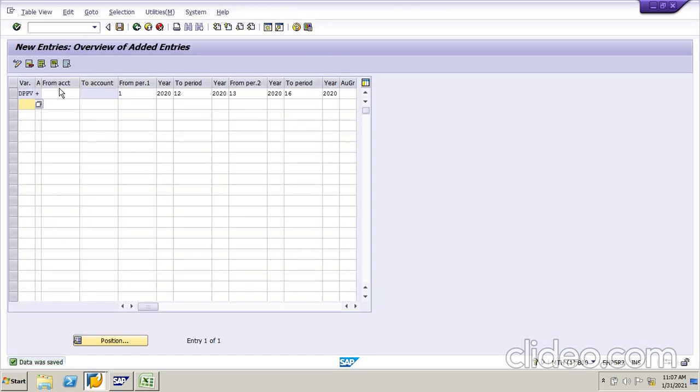So here plus indicates we are going to allow all the transactions from first period to 12th period. See here, now I open the period from 1 to 12. It means now we can record transactions between the first month to the 12th month. So we can record the transactions in the whole year, from April to March.